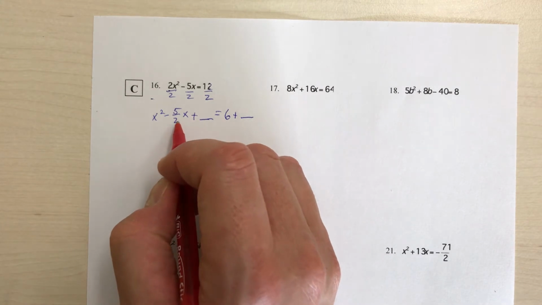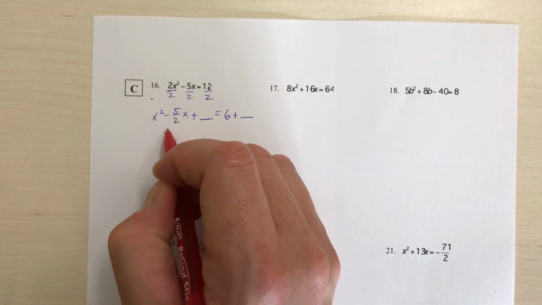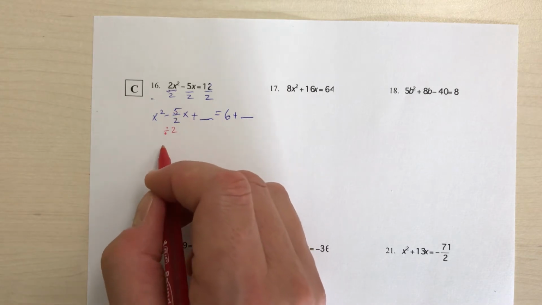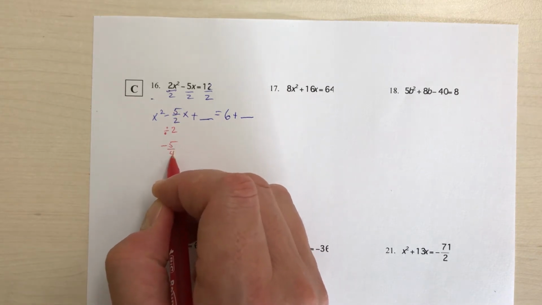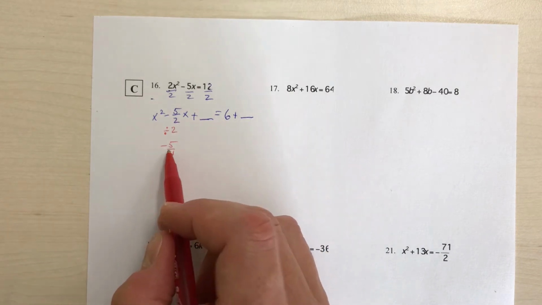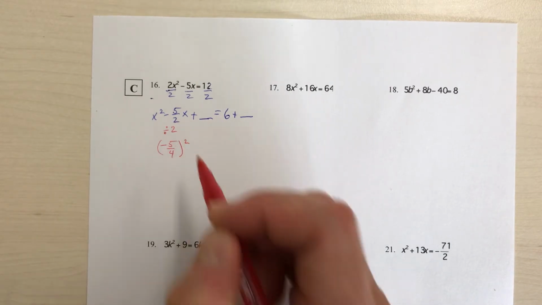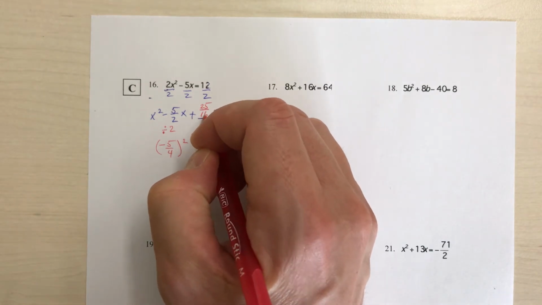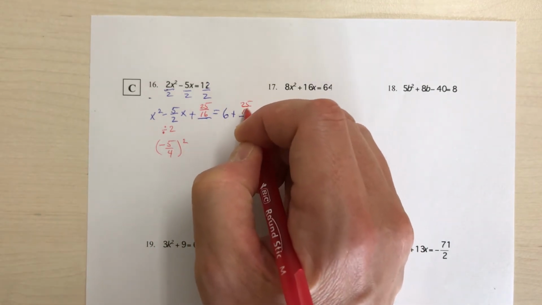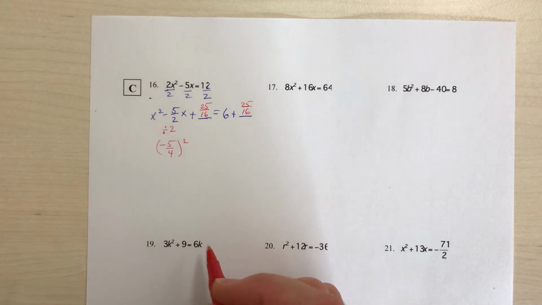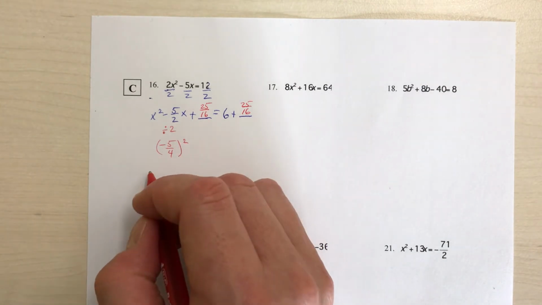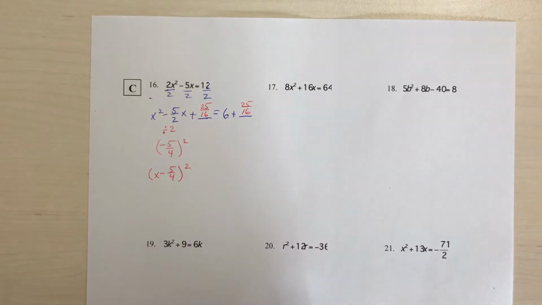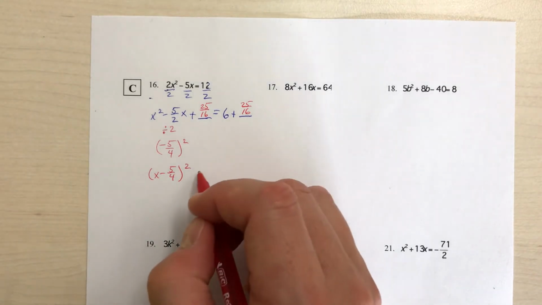To complete the square, we have to take half of this, divide by 2. Now that would be negative 5 over 4. When we take half of negative 5 over 2, we'd get negative 5 over 4. We would square that, and this is 25 over 16. All right, now we can factor this. That would be x minus 5 over 4. Okay, that factor squared equals